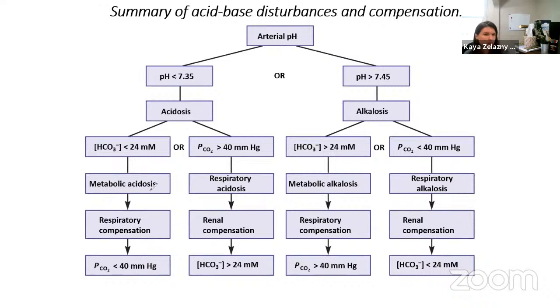It would compensate for these problems, either using the respiratory system if the problem is metabolic, or the renal system if the problem is respiratory. And that is going to result in a second measure. So using the second measure,